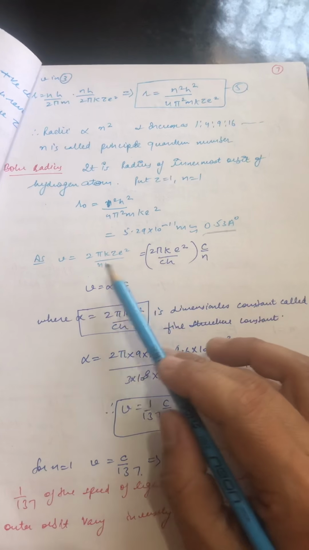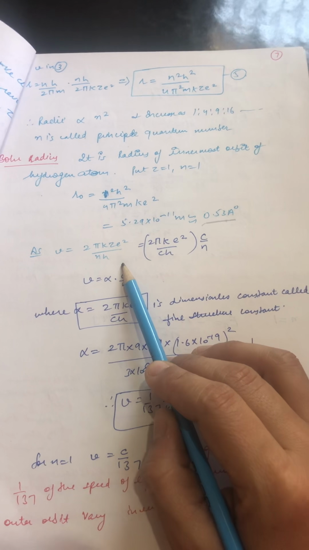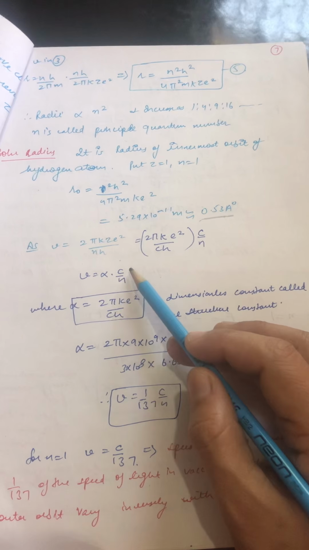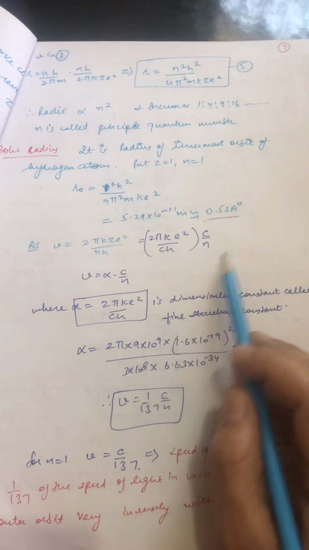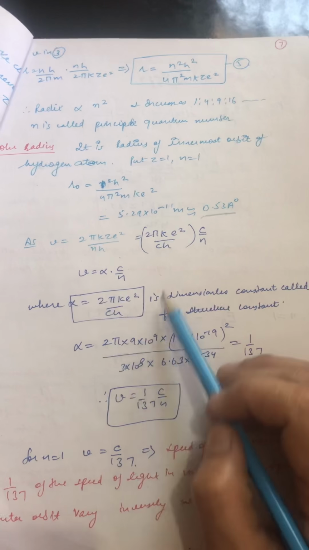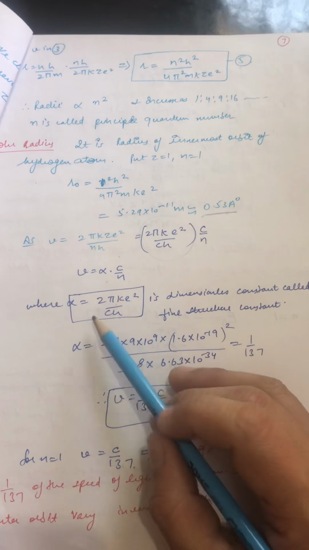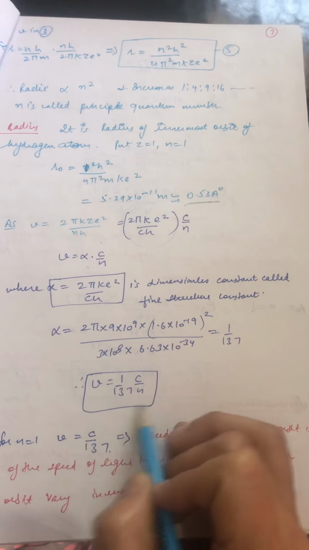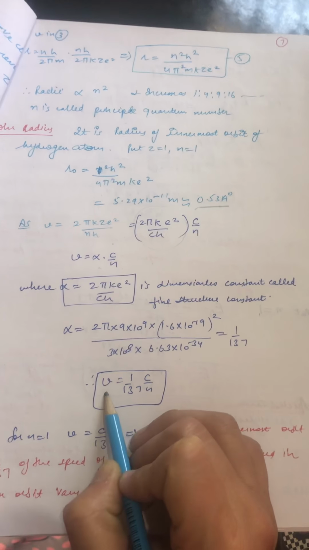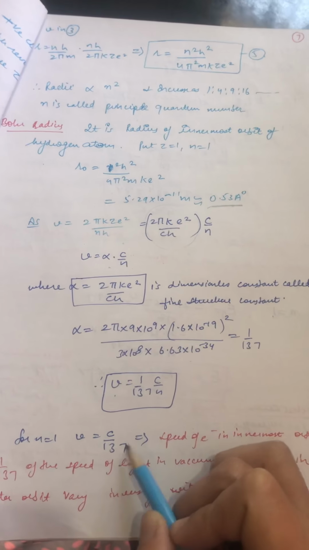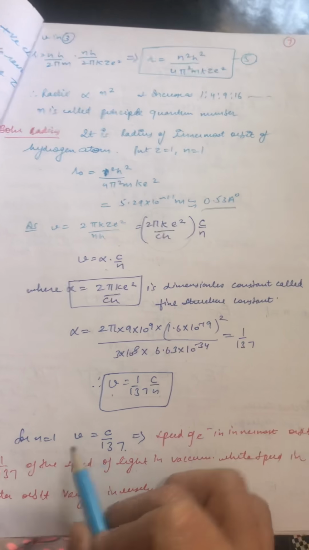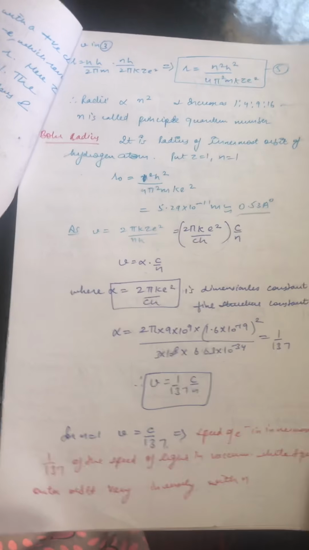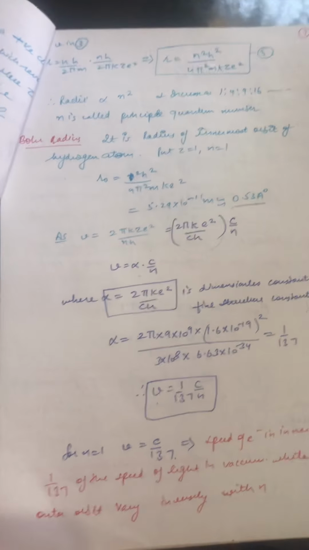Now we again come to the previous formula of velocity. In that formula, I just separated out this c by n because this is the constant value, right? So I have just separated c by n. When you do like this, this factor comes out to be alpha, which is a constant called the fine structure constant. So we have made another, very simplified formula for velocity for solving numericals, where velocity is inversely proportional to n. For n is equal to 1, the value will come out to be this. So you can read this. It's very easy. This formula you can use in your numericals.